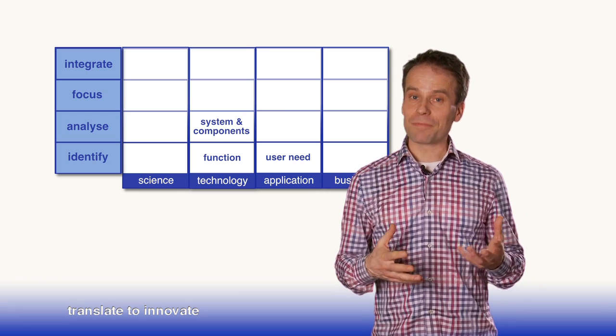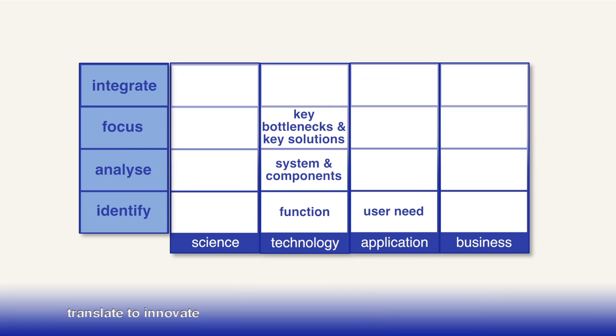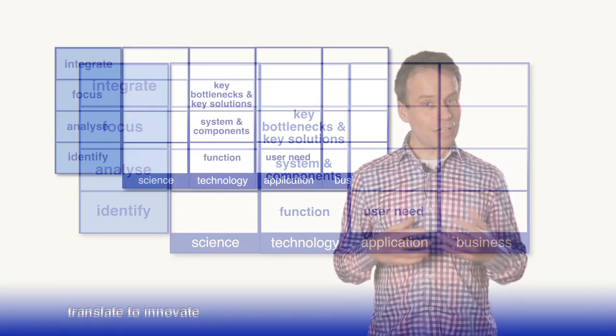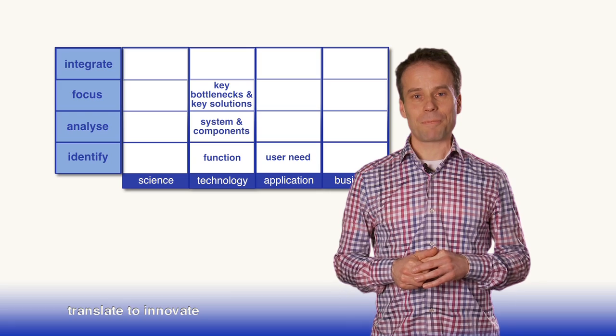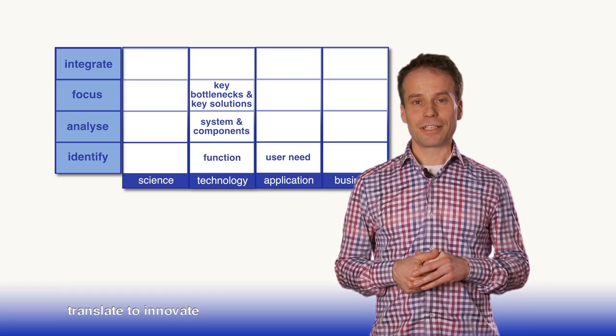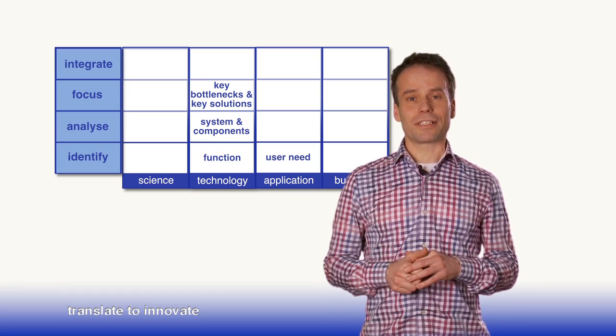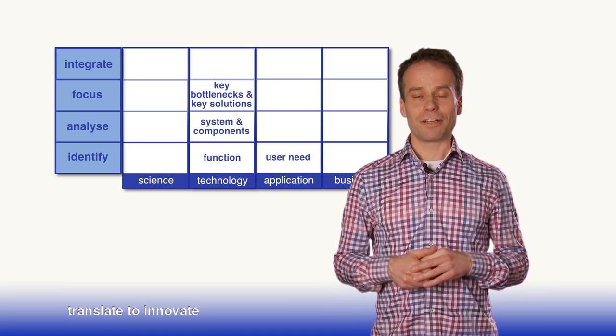Some already available, other components novel and therefore more critical. Key bottlenecks are identified. Key solutions are conceived. Inventions are made. And knowledge gaps become apparent. And the knowledge gaps need to be addressed by a scientific way of working. And one may need to answer a number of basic questions in order to underpin the feasibility of a novel